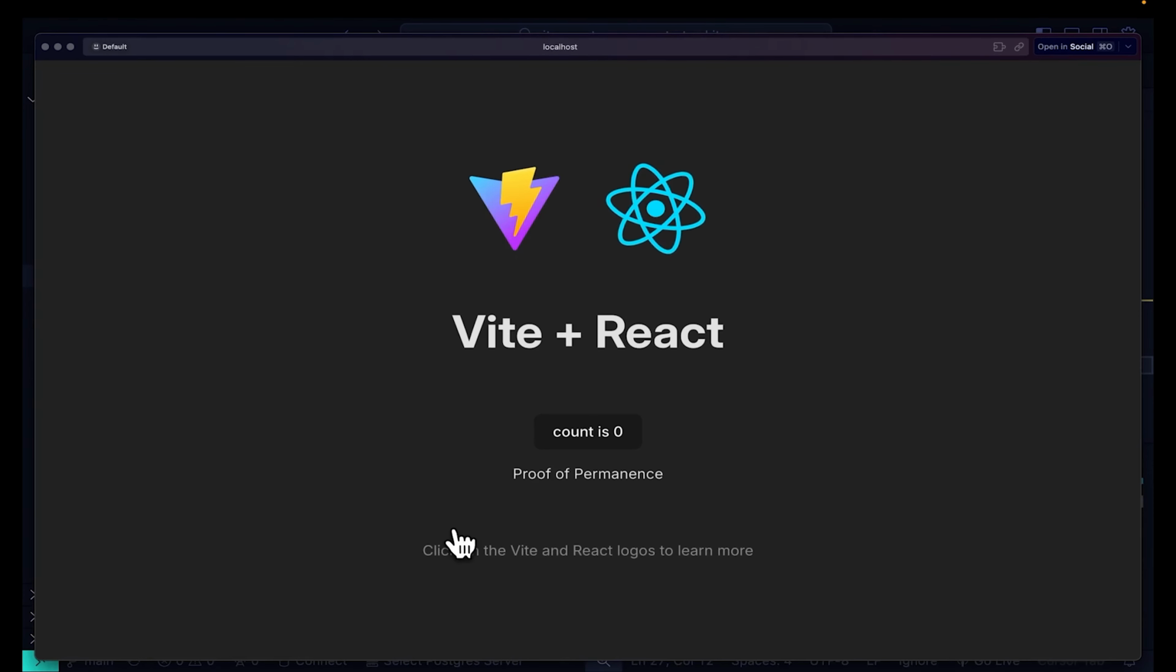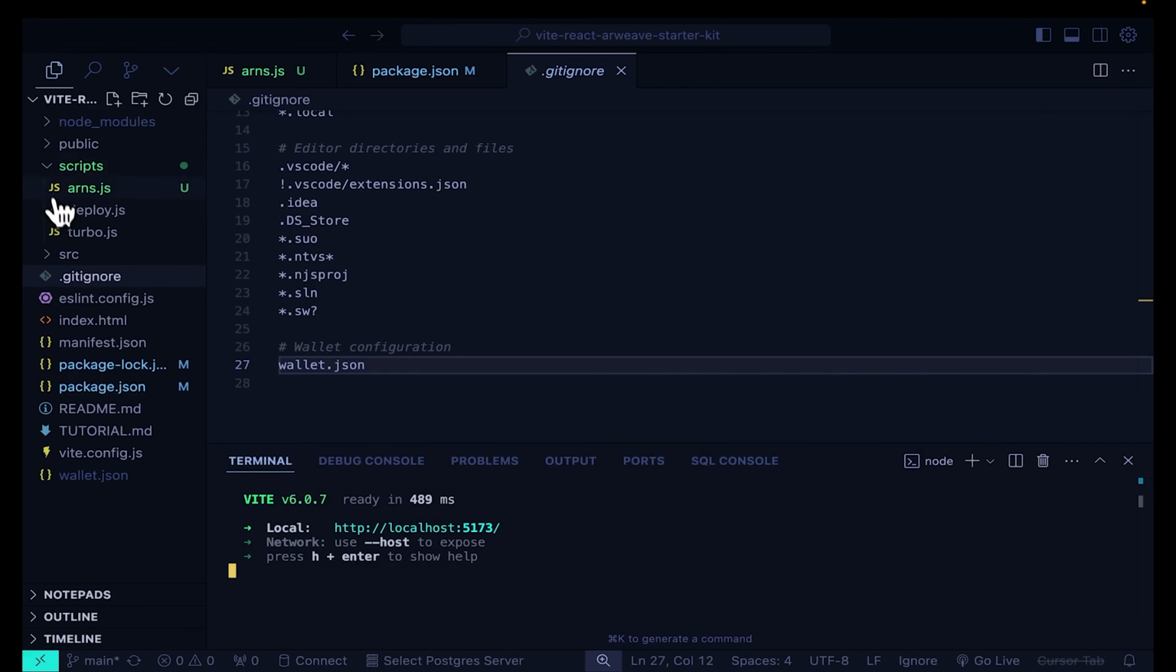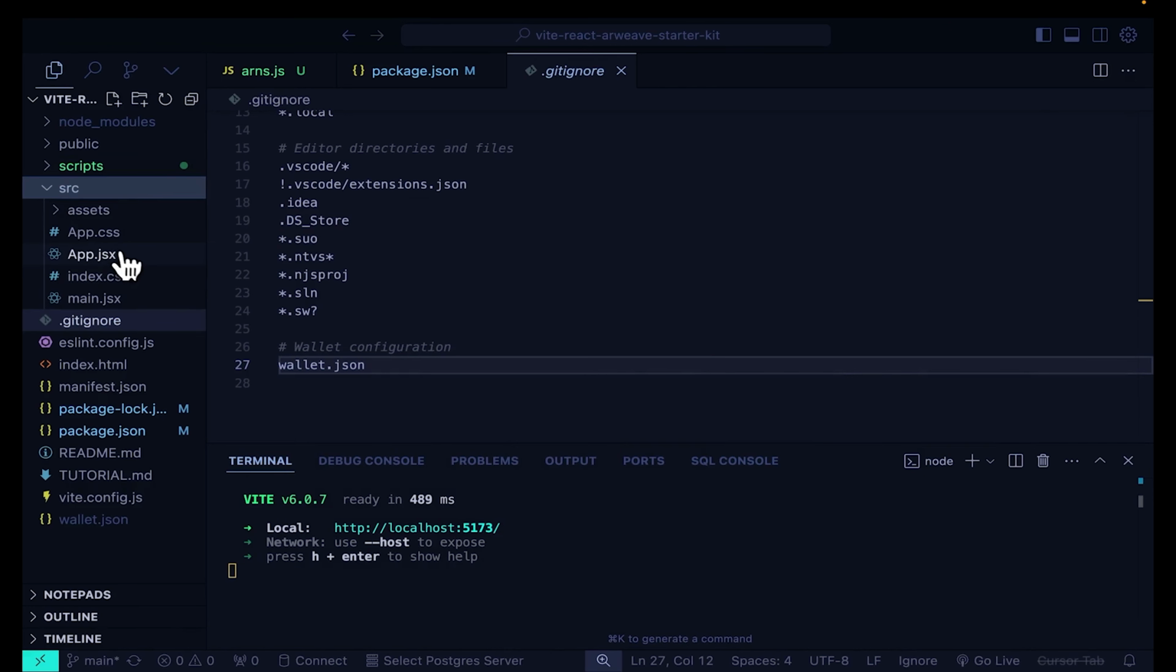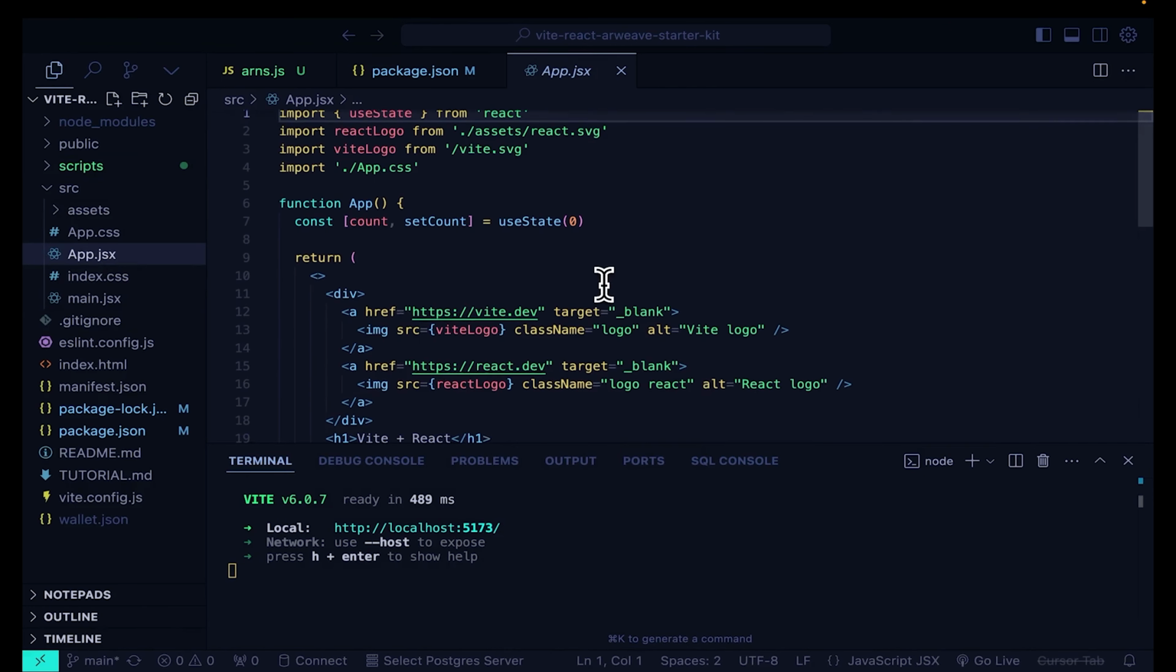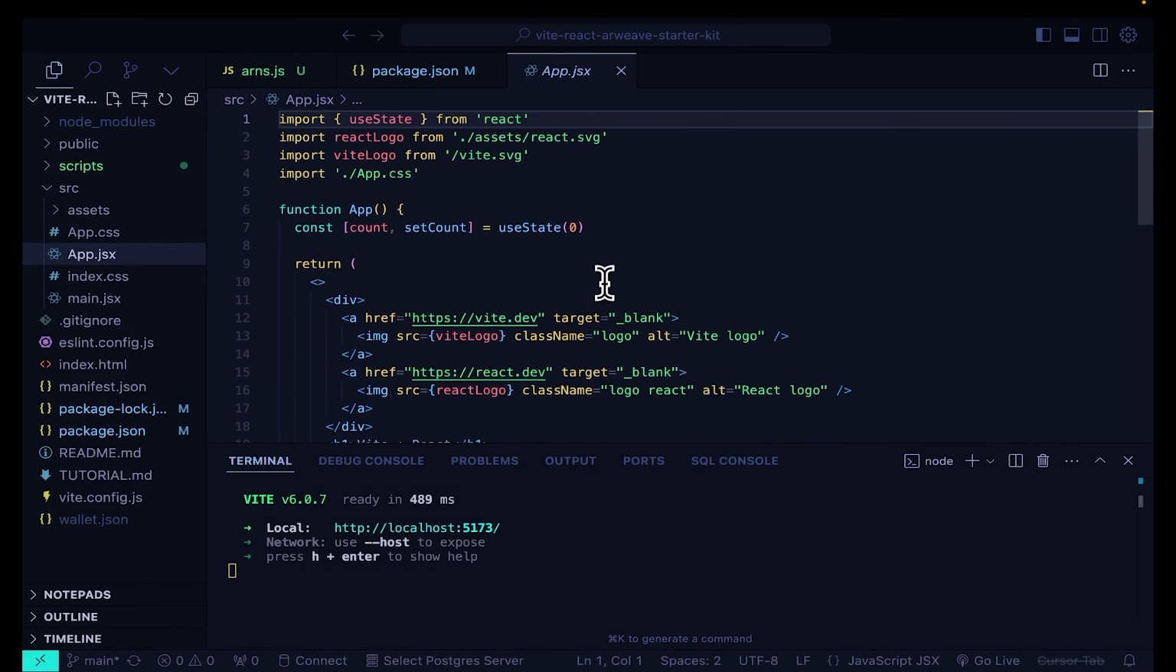Let's pull this up. Okay, so this looks really, really generic. That's totally fine. I'm not doing a full tutorial this time. I'm just showing how to update your ArNS address, but I do want to make some sort of difference here. So let's go to our source, go to app.jsx, and I'm going to remove the